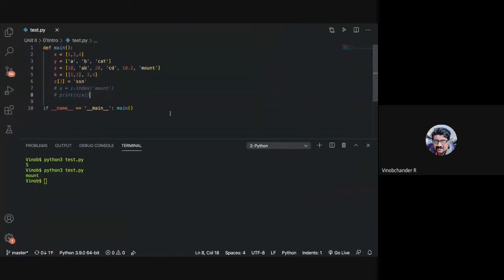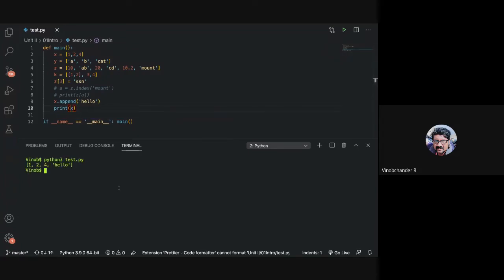The next method is append. What is append, guys? Adding elements to the end of the list. That is important: the end of the list. For example, X will be appended with hello.